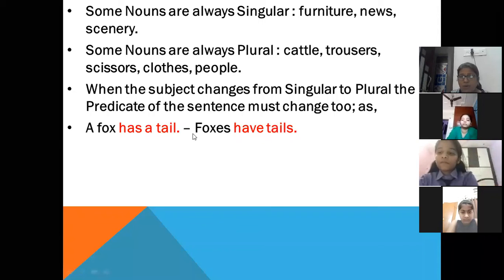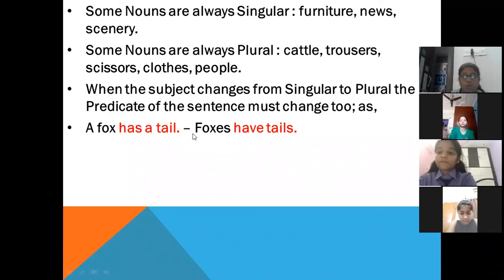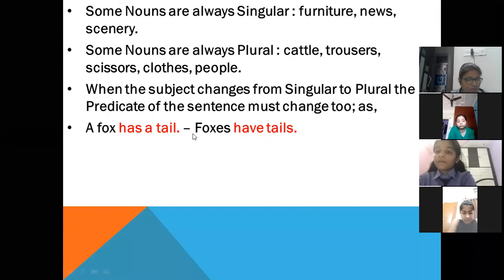I can't write foxes has a tail. No, because I am talking about more than one fox. I am talking about many foxes. So again, I am repeating. First, a sentence has two parts. First is your subject, second is your predicate. And when we are talking about subject, it talks about some person or thing, and second, predicate says something about that person or thing. So again, when I am changing, a fox is becoming foxes, has is a helping verb,